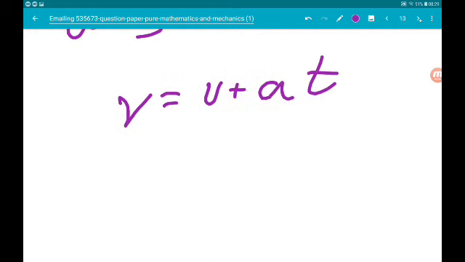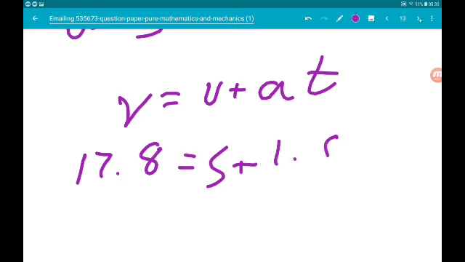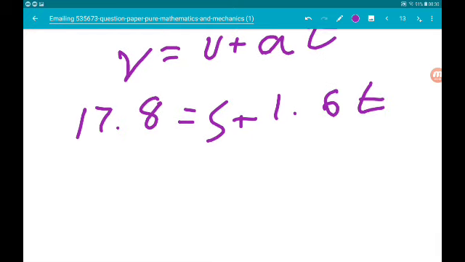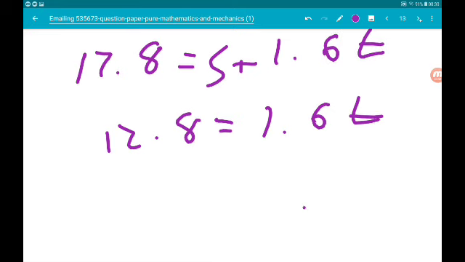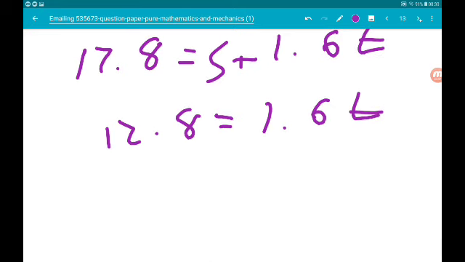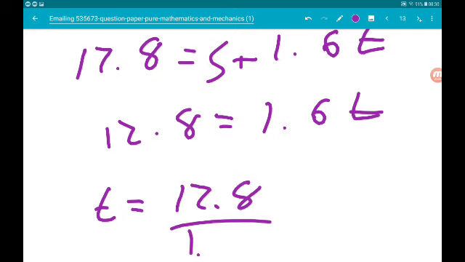So we know that 17.8 is equal to 5 add 1.6t. Take away the 5, 12.8 is 1.6t. Divide by 1.6, t is 12.8 over 1.6, which gives us